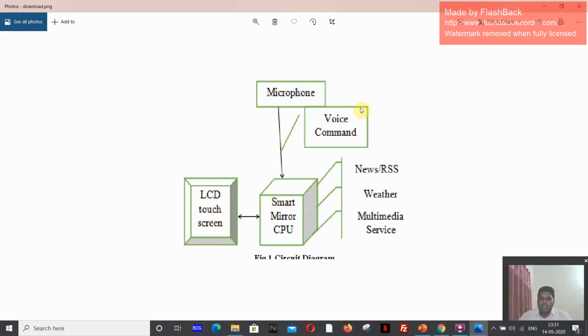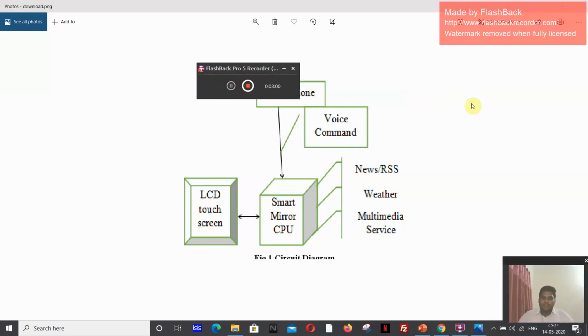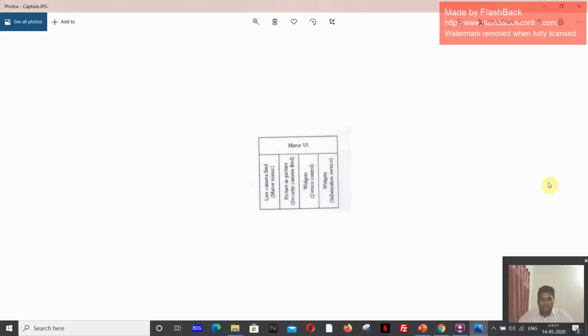This is the normal block diagram of a smart mirror. Like that, it will be displayed on the mirror. And next, see, there is a small image over here.